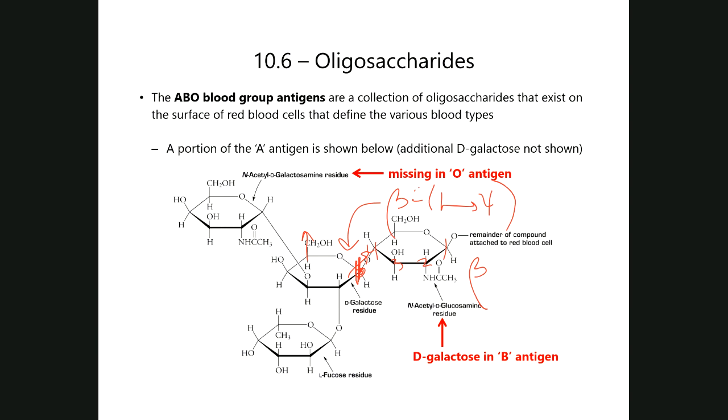Everybody sees that? All right, and then the sugar that's on the far bottom, couple things. There's no CH2OH, and not only that, it's pointing downward. Okay, pointing downward. So this is an L sugar, it turns out, and it's also a deoxy L sugar. This happens to be L-fucose. You don't need to know L-fucose. That one you don't need to remember. That's a very specific, very unique thing. We're giving you that information. It's L-fucose, okay? It's one of those funky deoxy sugars, and it's an L sugar as well, so it's one